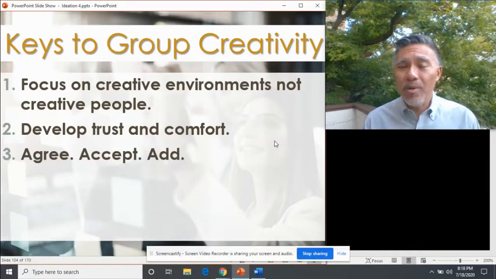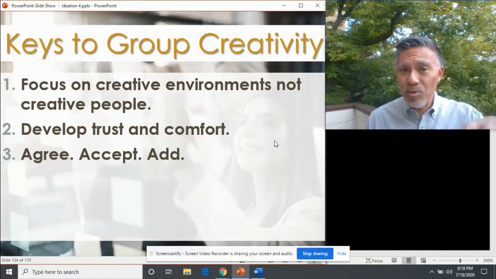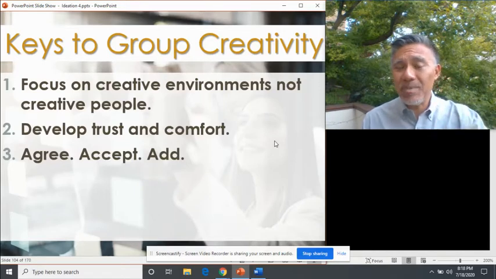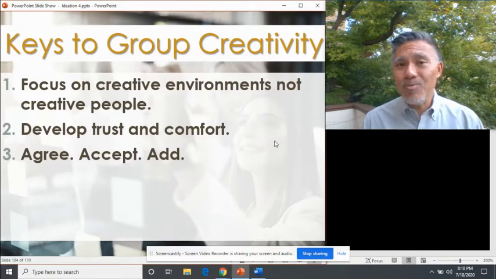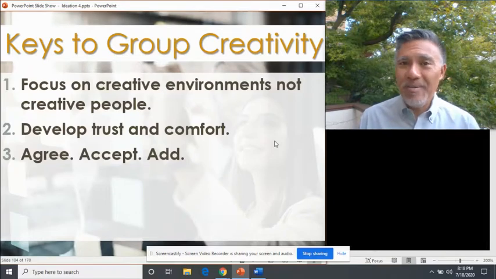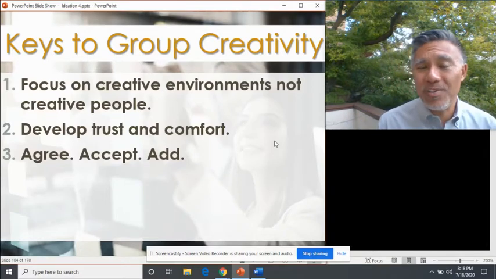Which is why one of the major mottos for creativity in groups is to always agree, accept, and add. For some of you, this may sound familiar, especially those of you that have studied theater before. This is a theater philosophy. So if you are creating a scene with somebody,